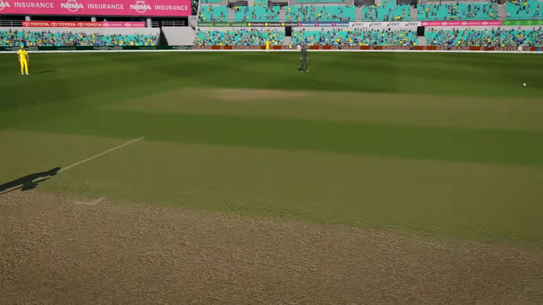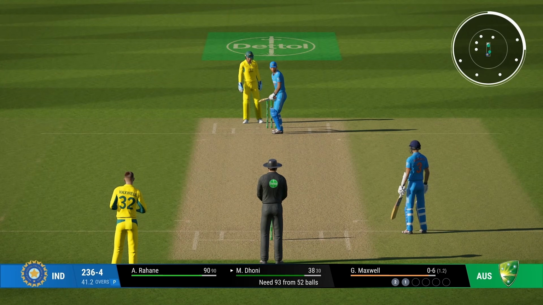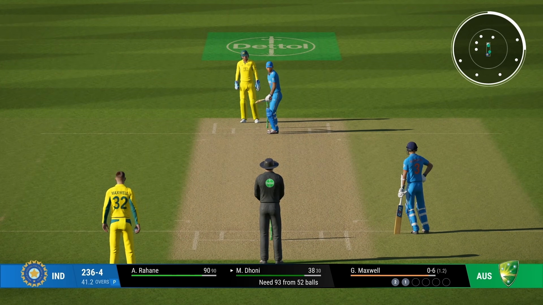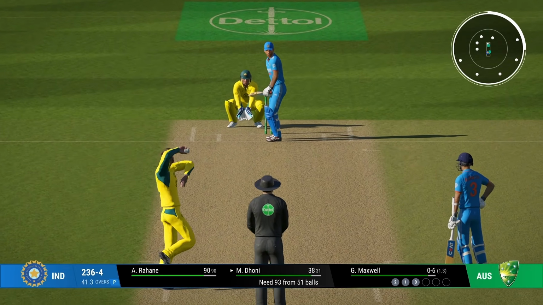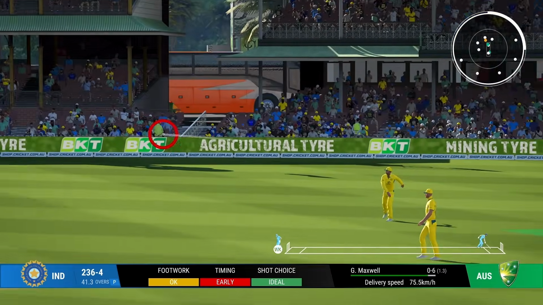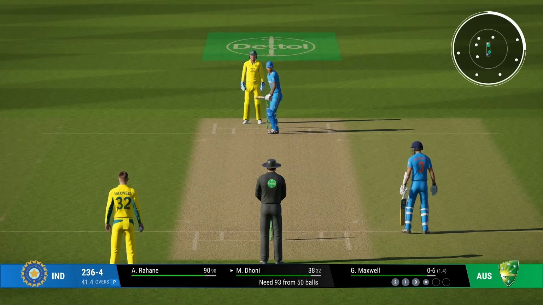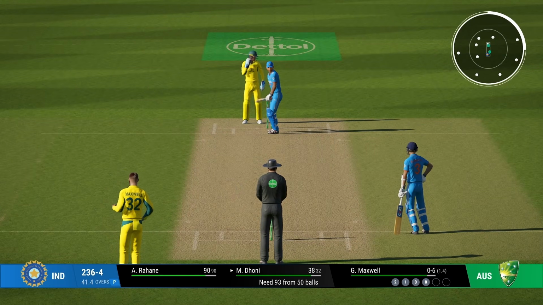Look pretty great. And there is a man who brought fame to the helicopter shot. Edged. And that dot ball, more importantly, I hope Maxwell doesn't bowl 5 overs. So we're gonna be in trouble if he does.